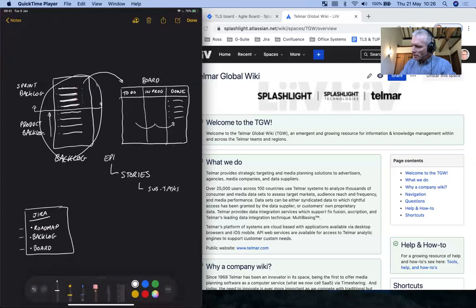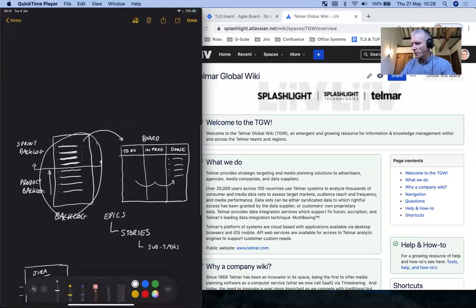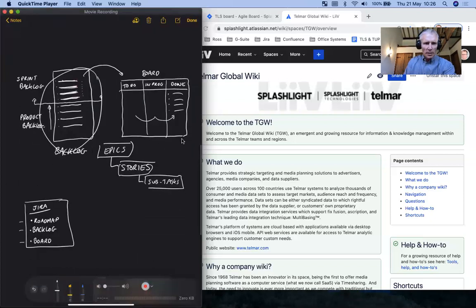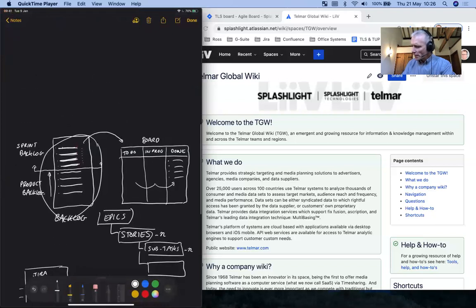epics. There are lots of definitions of epics, but most people center on the idea that an epic is like a big story that you won't get completed in one sprint. So the hierarchy of these things is exactly like this. Epics will contain multiple stories, and stories can contain multiple subtasks. But let's talk about epics.